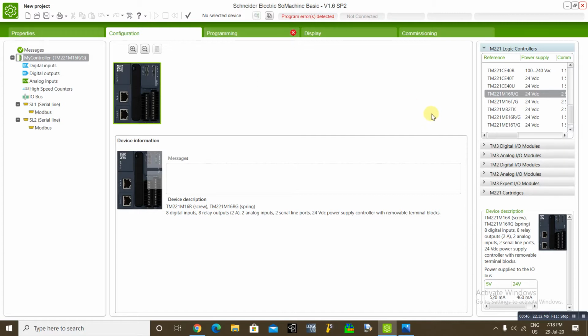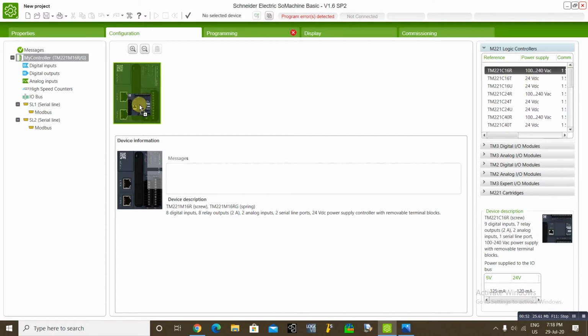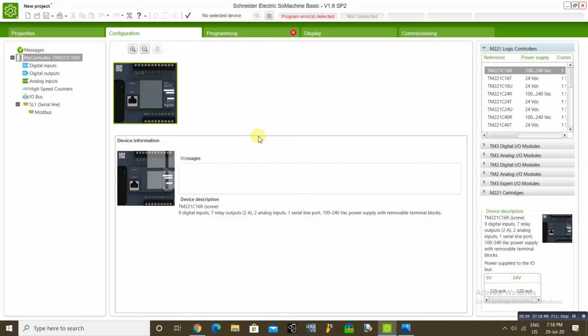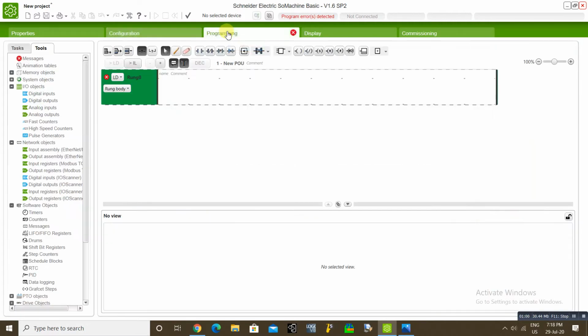So first we will select our controller. I have selected one basic controller. Then go to programming.